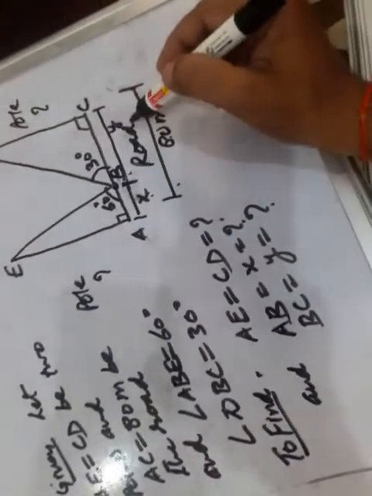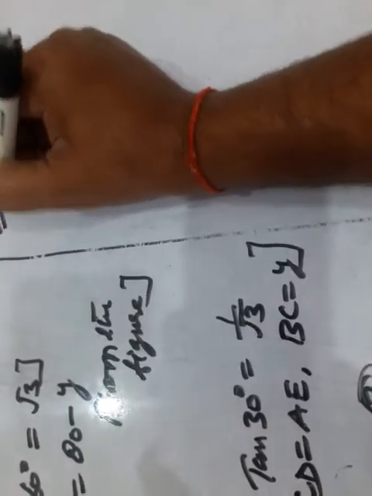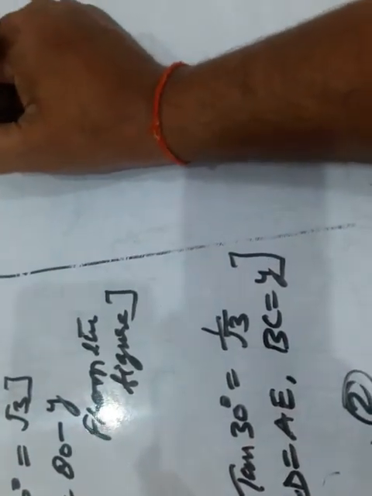Okay, children? Now, let us move to the next part of the board. Then how will you find out x? See the relationship: y equal to 60 and total is 80. So x equal to 80 minus y.